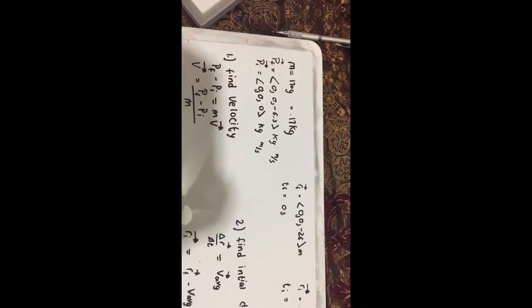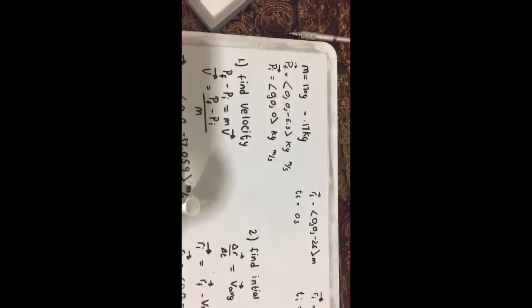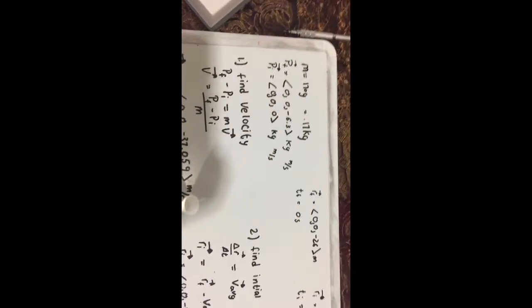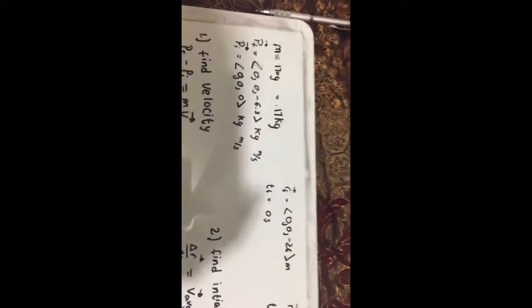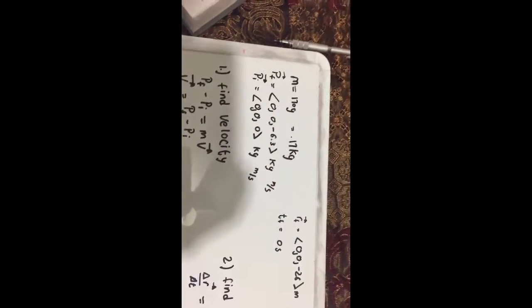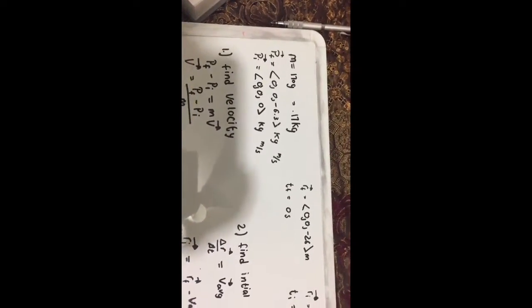Alright, so the following question comes from page 42, number 59 from the textbook. Given this information, it was asking what was the initial distance. The question gave mass, final momentum, and then the time interval. Before you can actually start the problem, it's important to notice that mass was in grams, so you have